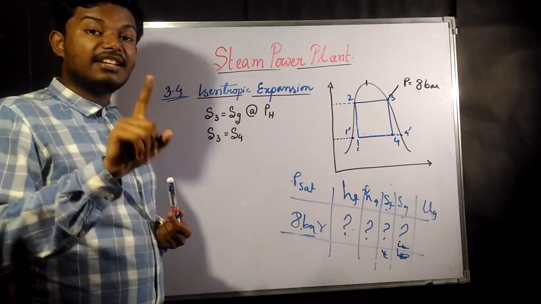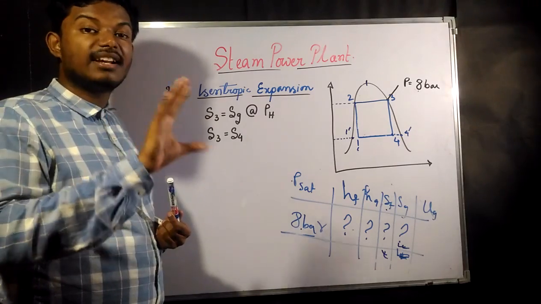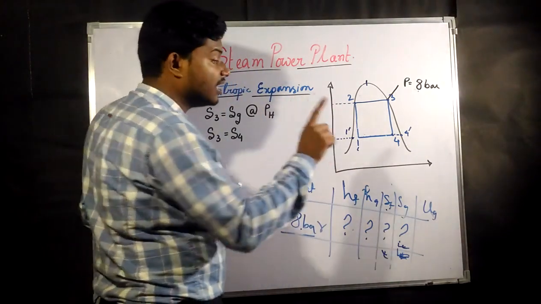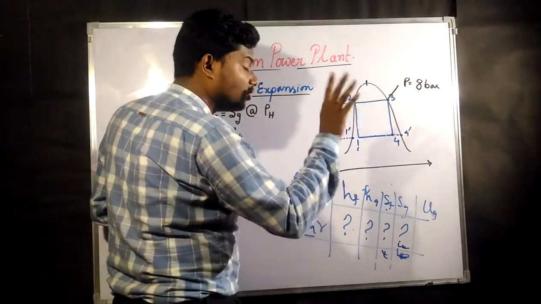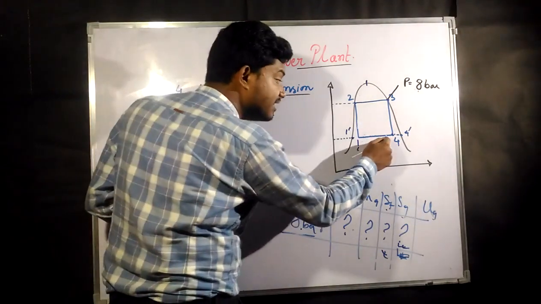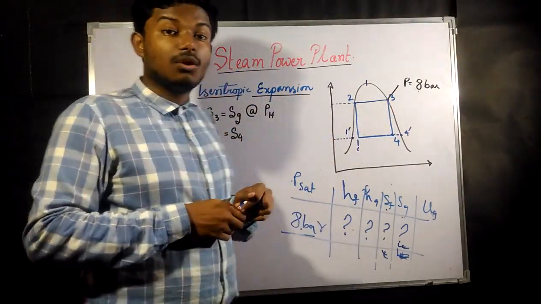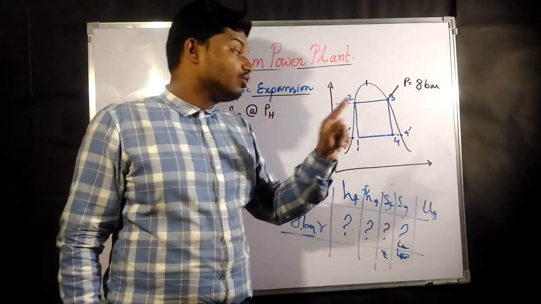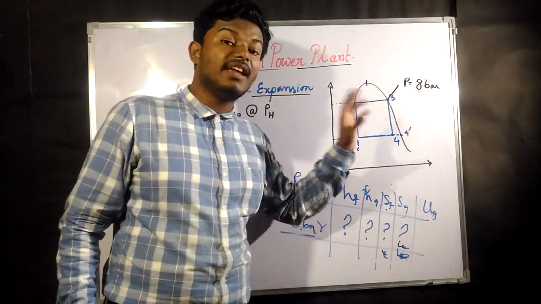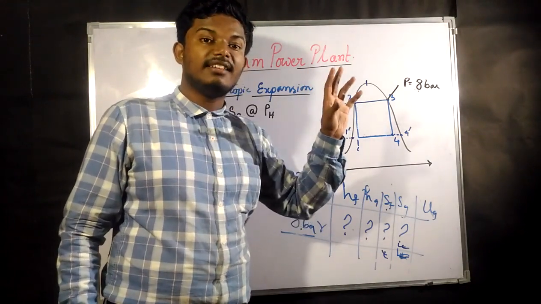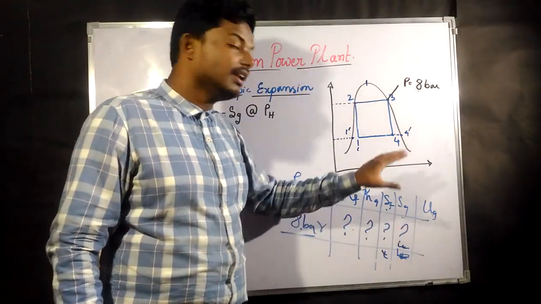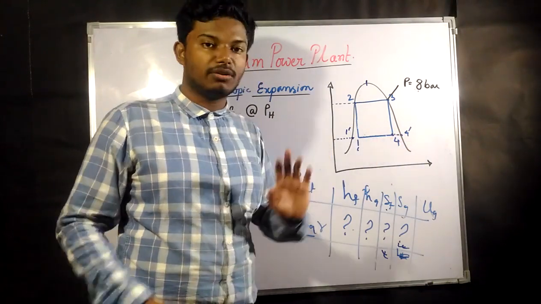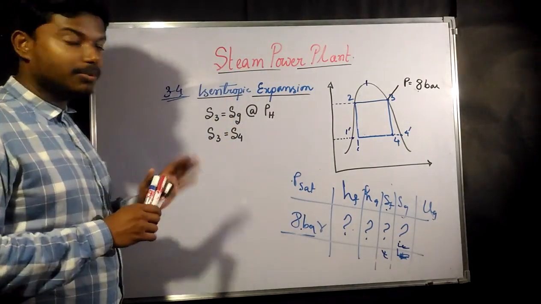Because the dryness fraction is a certain thing which holds the relation to find out the enthalpy or entropy or internal energy or specific volume inside the vapor dome. The only relation that can help us is our dryness fraction. So at a certain point, if you find the value of the dryness fraction, you can easily find the corresponding values from the steam table. You can find entropy value, enthalpy value, everything from this point only. Now how it is going to be, we are going to show.